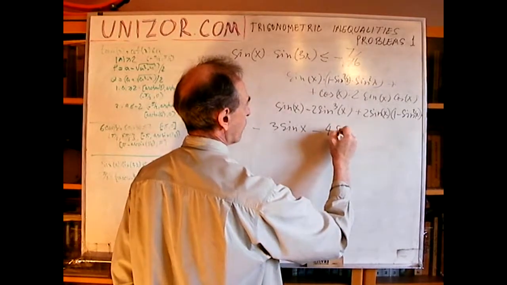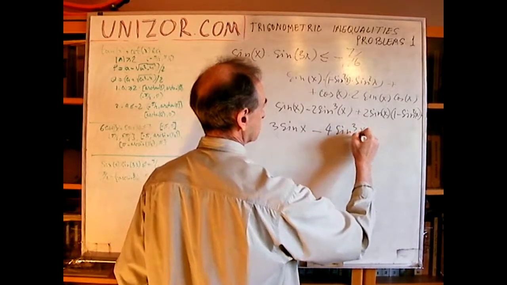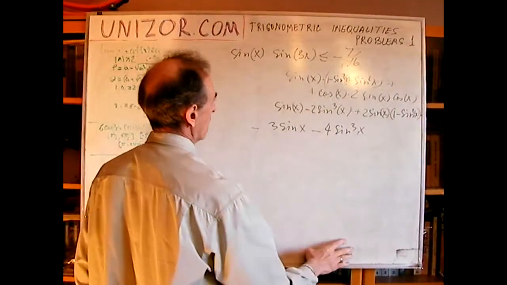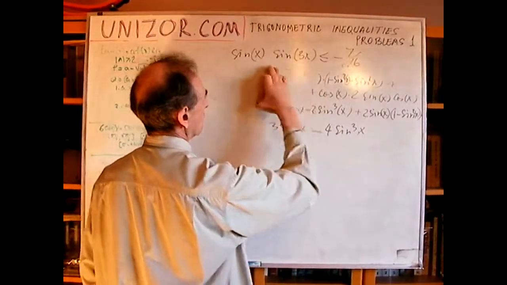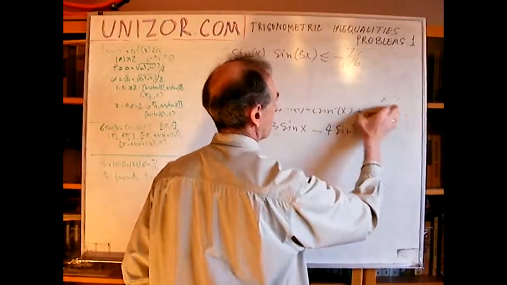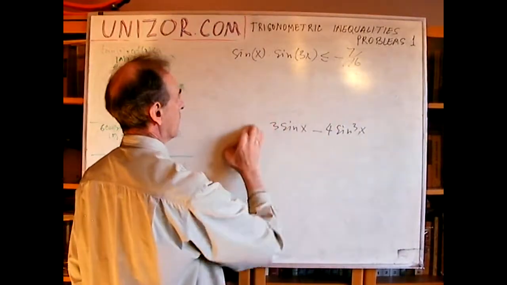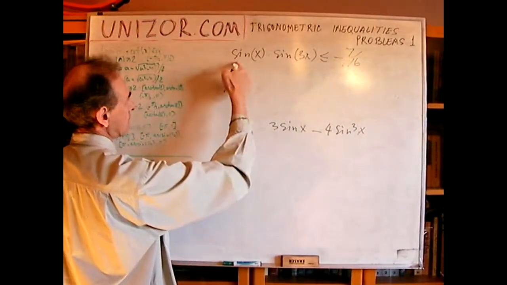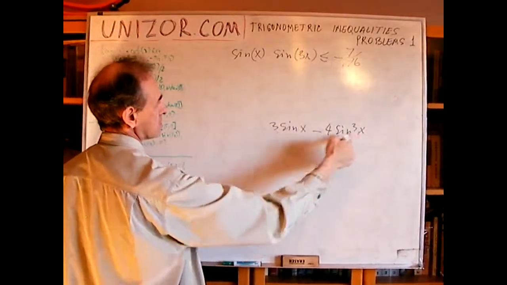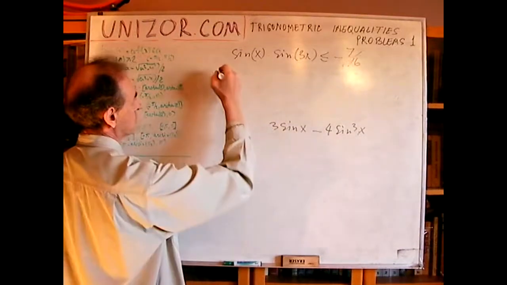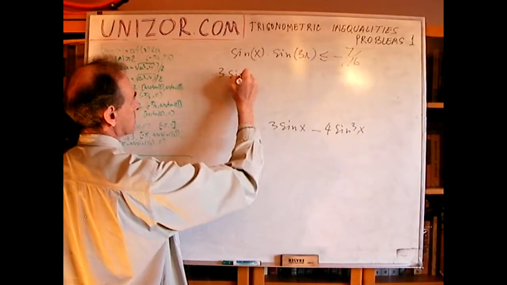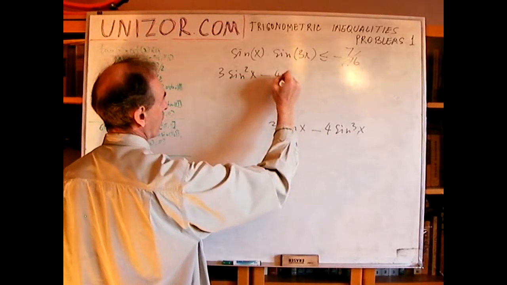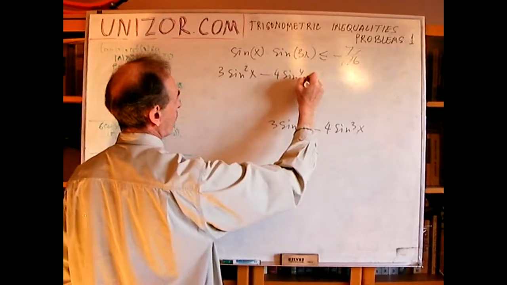So it's minus 4 sine cube. That's what it is. Okay, so I will use it here. This is a completely invariant transformation. So I will have sine x times this, which would be 3 sine square x minus 4 sine to the 4th x